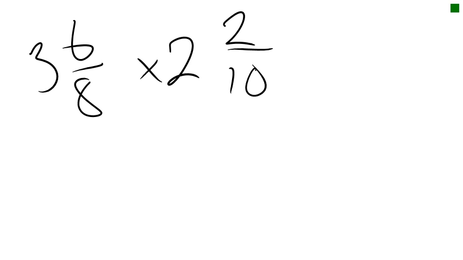In order to do that, we need to multiply the whole number by the denominator, or the denominator by the whole number, whichever way you see it, because that denominator tells us how many pieces make one whole. We have 3 whole pieces of this fraction right now. So 3 times 8 is 24 plus 6. So that's 30/8